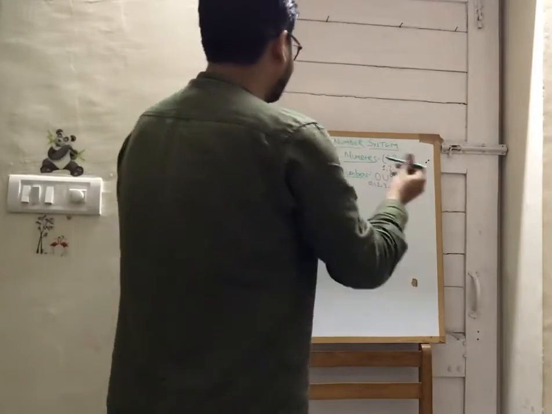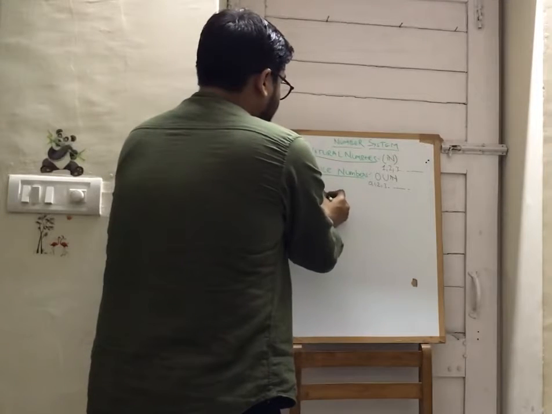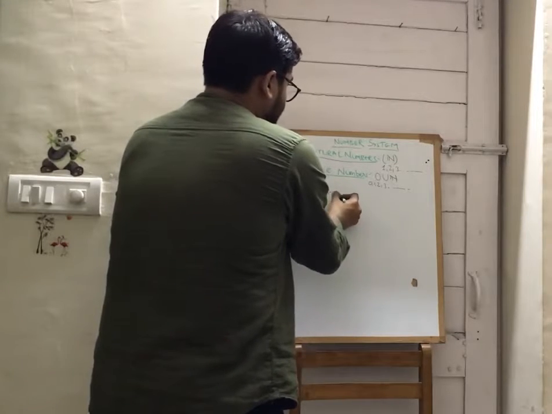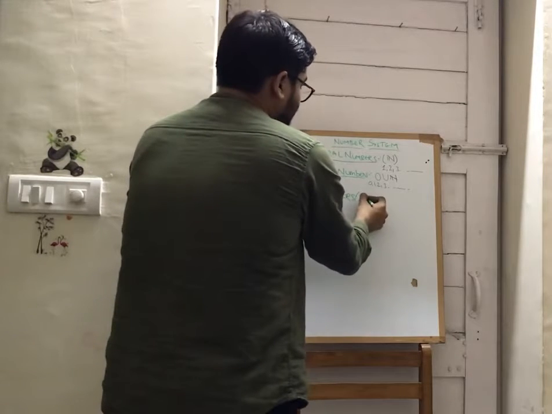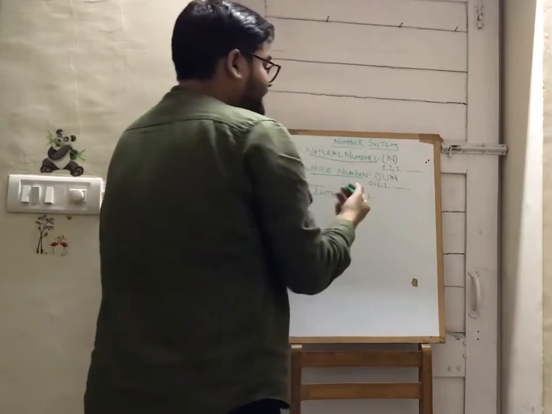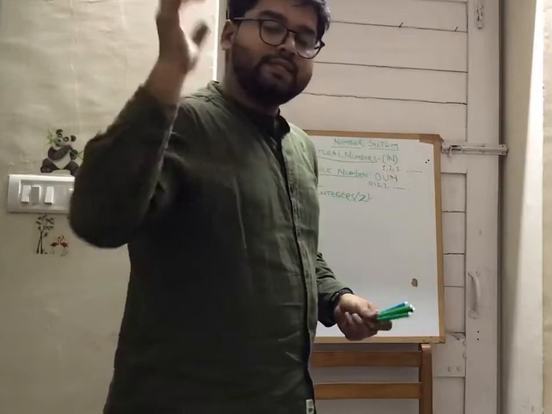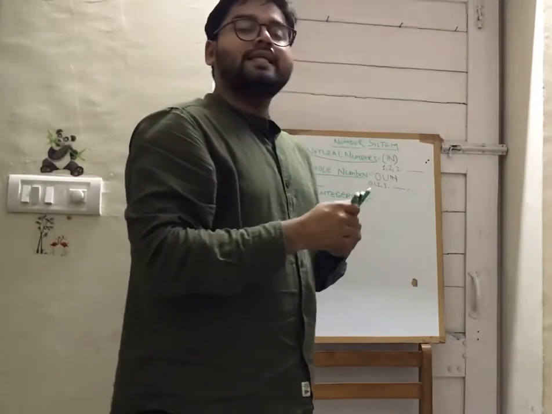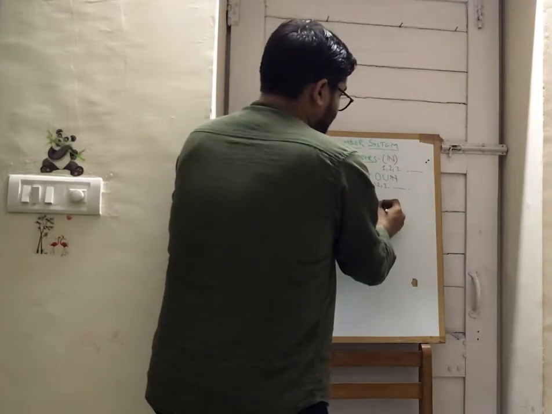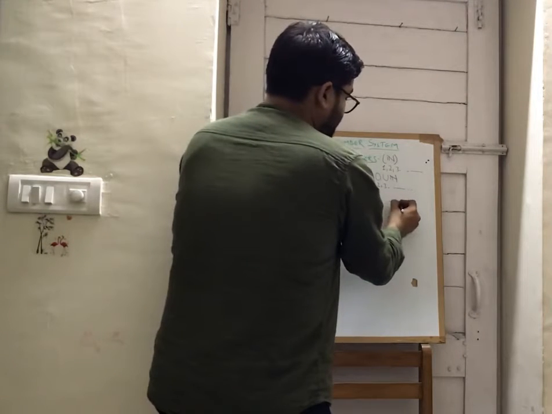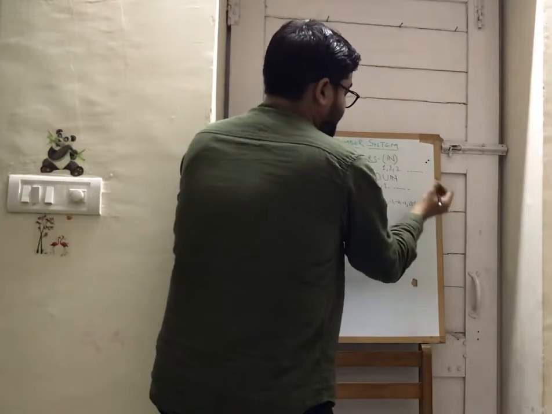Now the third one. After that, we get to know about integers. Integers are denoted by Z. In integers, 0, 1, 2, 3 are the positive numbers. If we introduce the negative numbers also, then it becomes integers. Likewise, from minus infinity to minus 3, minus 2, minus 1, 0, 1, 2, 3 up to positive infinity.